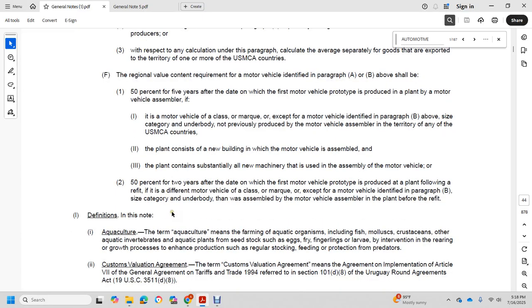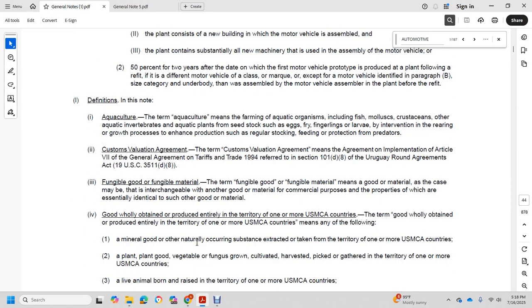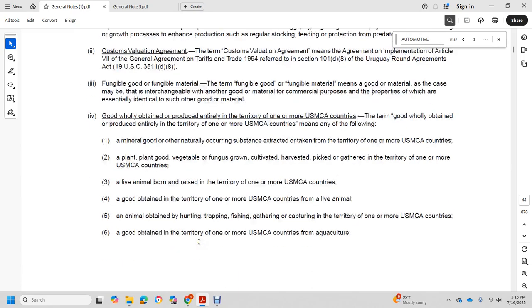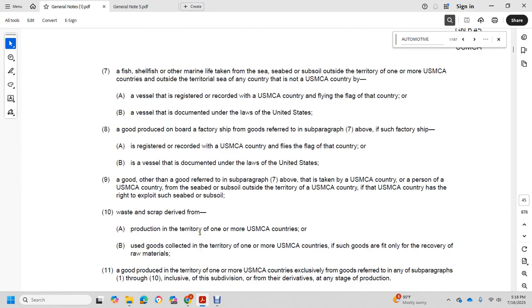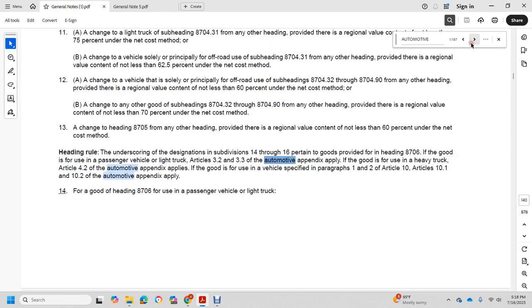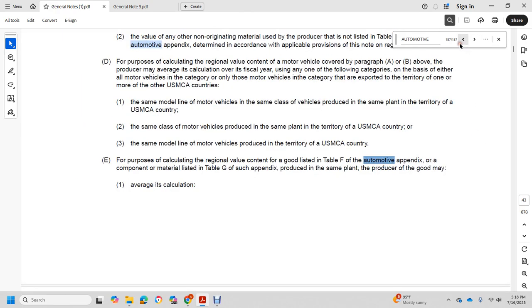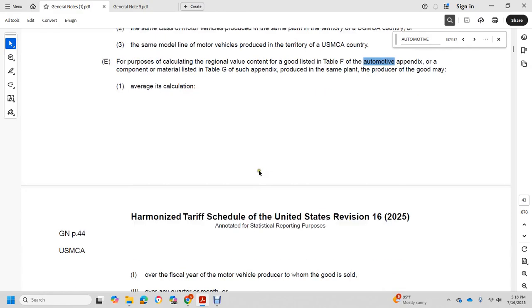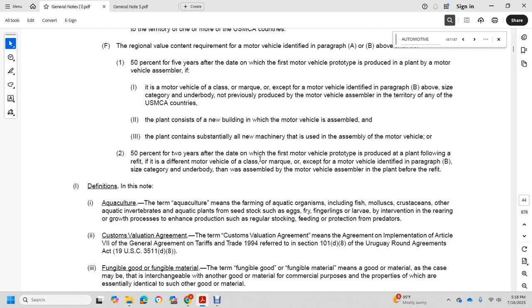Alright, so we are now moving on to definitions: aquaculture, fungal material, and, alright, we're moving on to